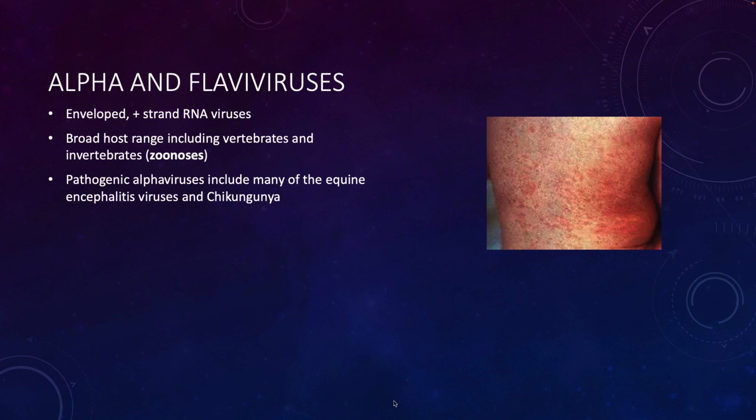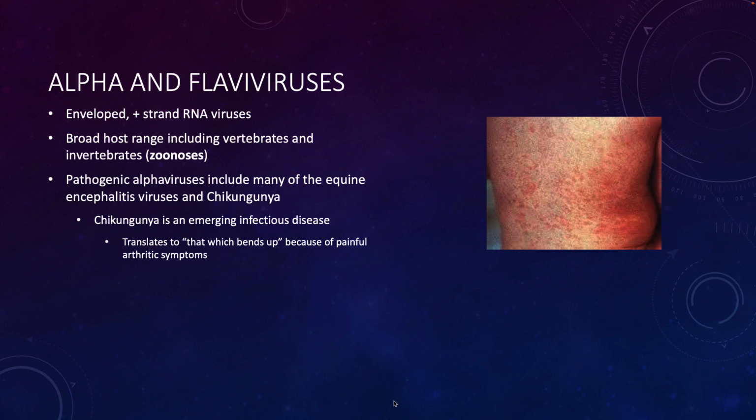disease. It's called Chikungunya. Chikungunya, translated, means that which bends up because of really painful arthritic symptoms. Especially in the small joints of the fingers, you have arthritis symptoms that can cause the fingers to be kind of misbent, I guess is the way to say it. They're not broken, but if you flexed your hand, and it's really hard to see in a class that's virtual and online, but if you flex it all the way, your fingers kind of look like they're bent up.